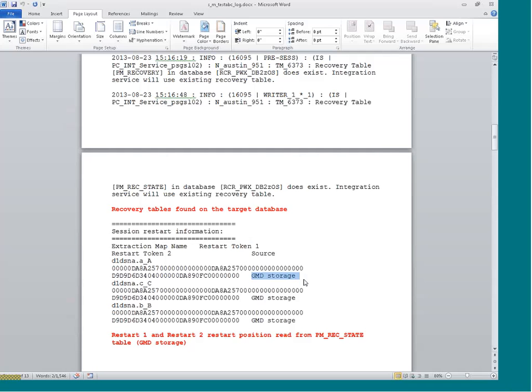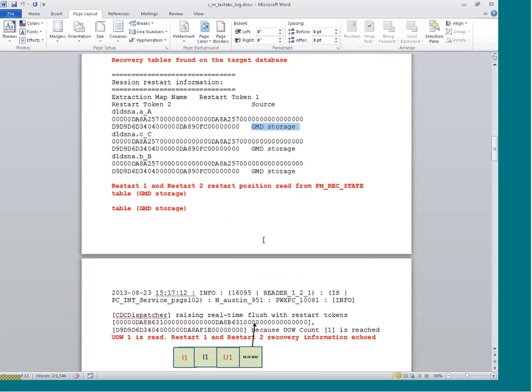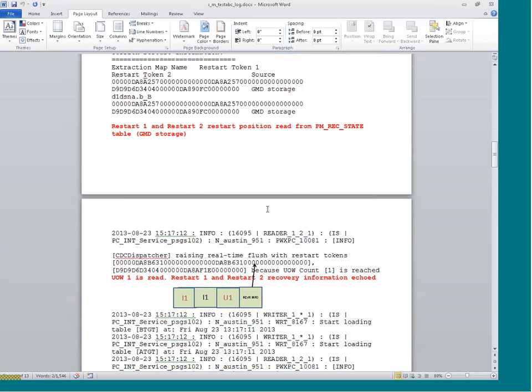If you see GMD storage in this message, that means it actually read the information from the PMREC state table. Now the next messages indicate that the PowerExchange reader has read the first changes, the first transactions off the change stream. When it sees the end of that transaction, by default we had set that to flush, to do the commit and flush at the beginning of the source